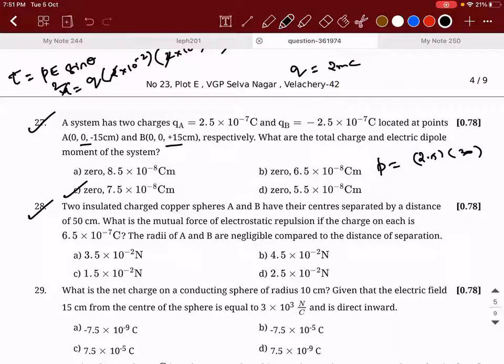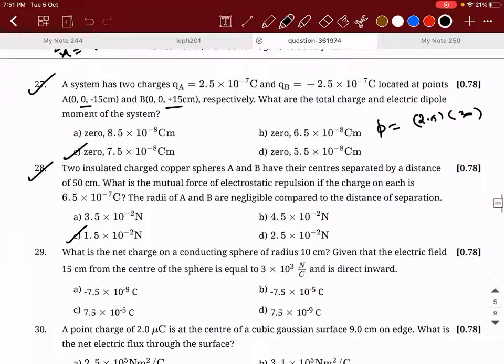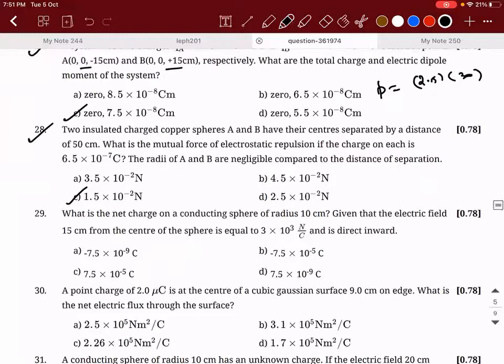28. So 28 is a textbook problem. Problem number 12 or 13, I don't remember, but it's a textbook problem. Is the answer C, sir? Yes, correct. It's a very simple problem, right? You apply the basic formula, F is equal to, right? I hope everybody got this.